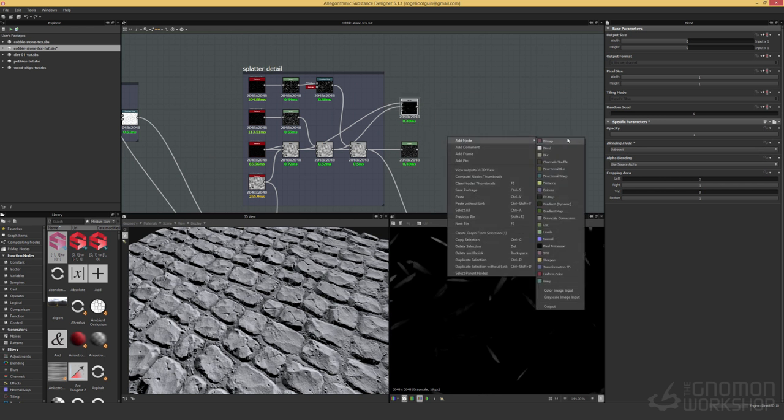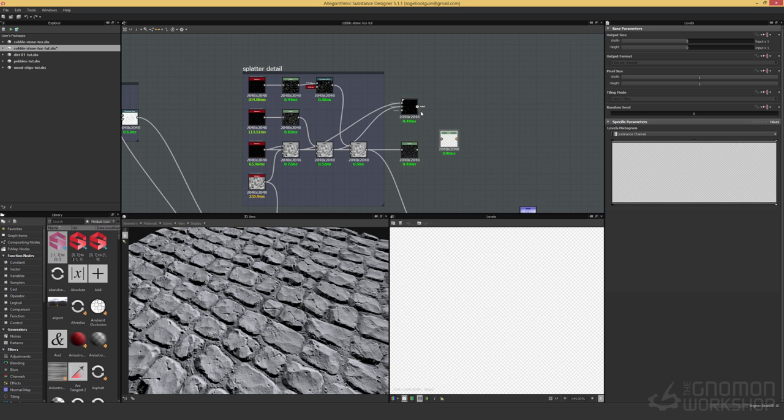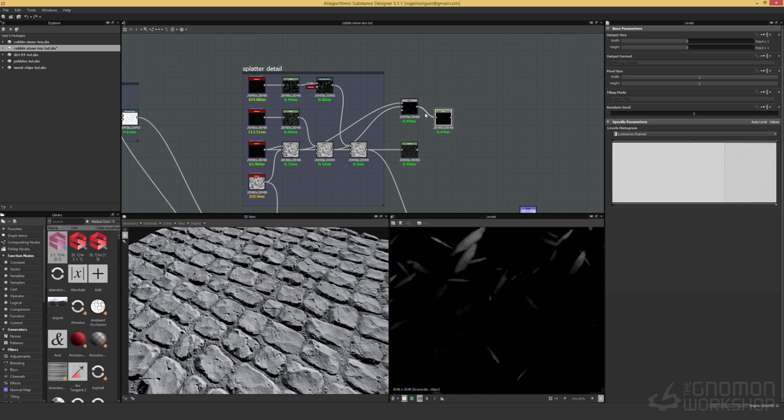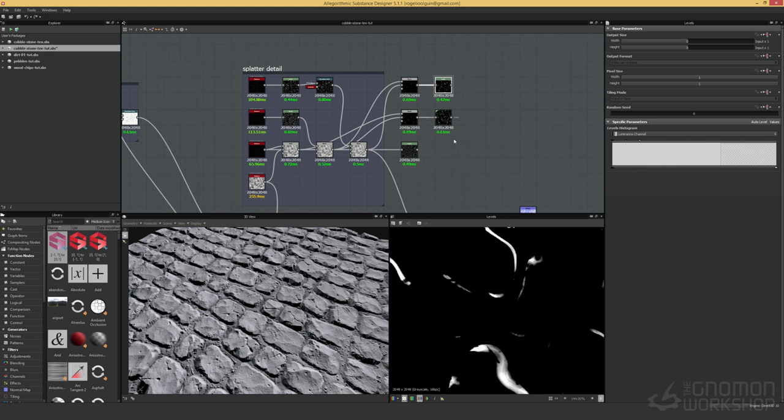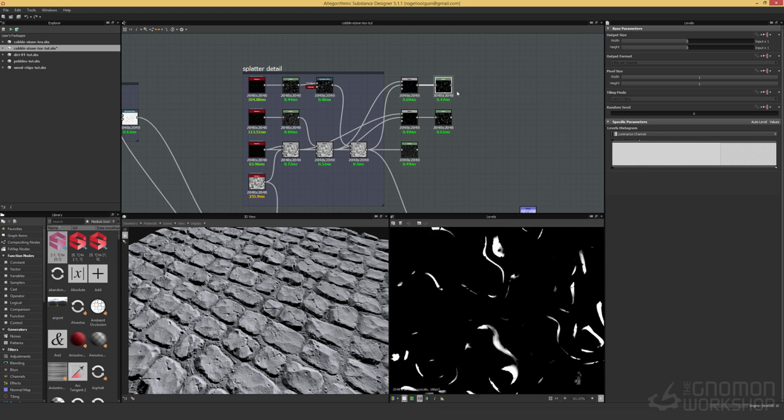So subtract, and then I put a levels node and connect my level into it, and also clamp it up, but not entirely all the way. Leave a little bit of softening, again, to let the color bleed into itself a little bit. And I'll duplicate this node and do the same here. And now I have